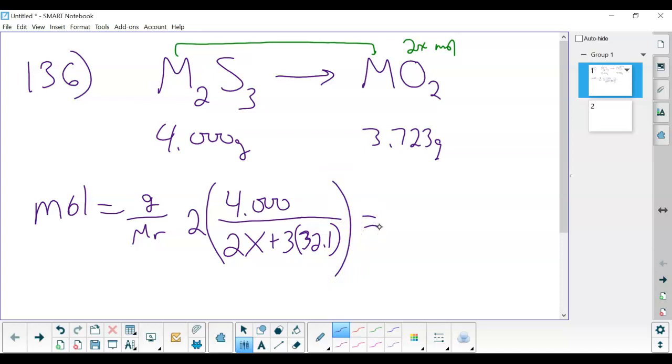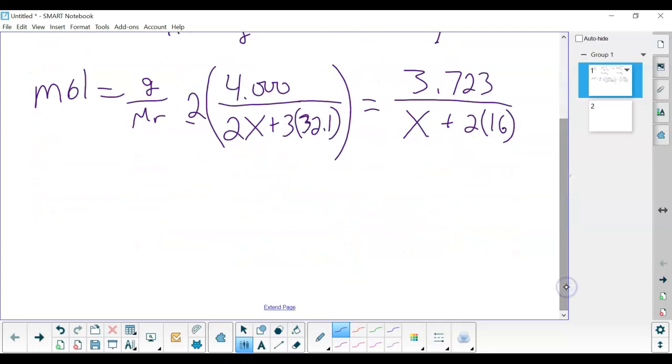And I then need to do the same thing on the other side because our moles should be the same once we take into account this 2 factor. And so moles to start with should equal moles to end with. And again, there's one M. We don't know what M is, so we use the variable x. Oxygen, there's 2 oxygen in the compound, so 2 times 16. Then you can multiply this 2 through, and you end up with 2 over 2x plus